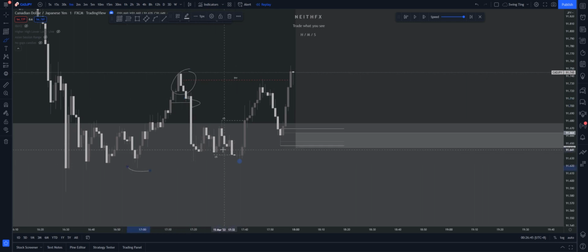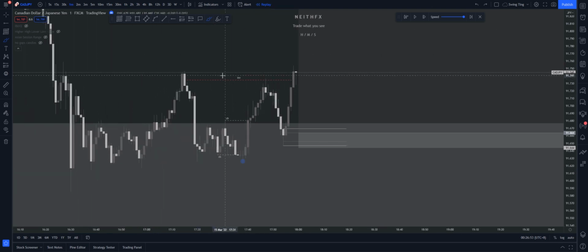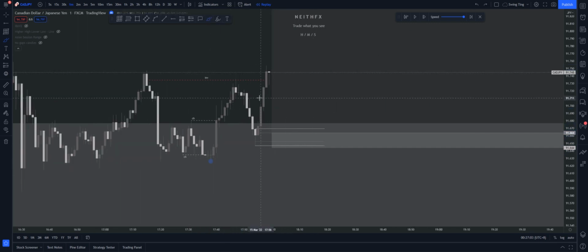It didn't really break this point, but it is a supply zone because of the impulsive nature of it. So in this case, what I looked for is, you could look for a trade here, but this move up didn't really break this point, so no trade over there. But yeah, so what price did is it sort of pulled back down, and for me, when price was pulling back down, my idea was if it's not going to break this high, then there's no reason to look for